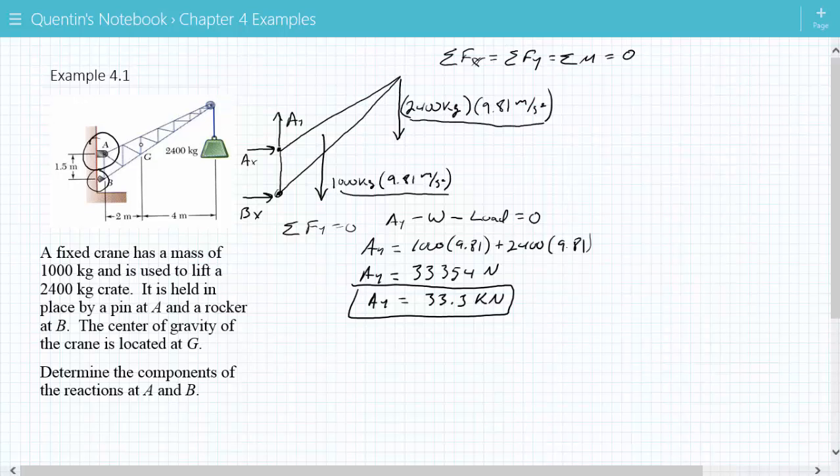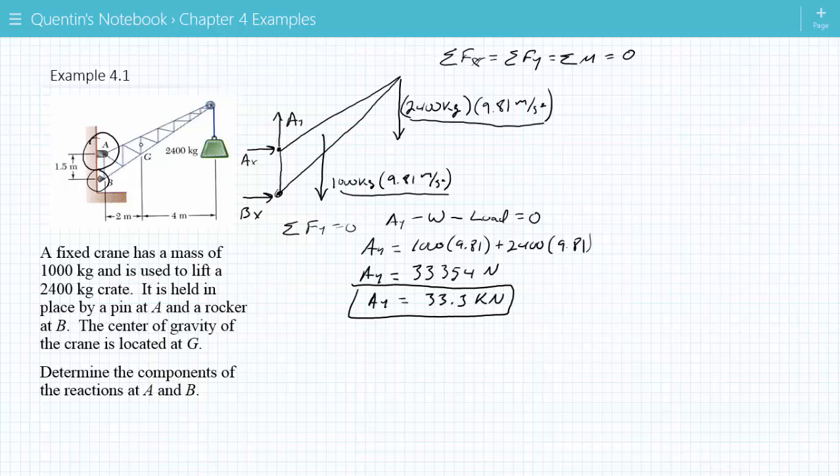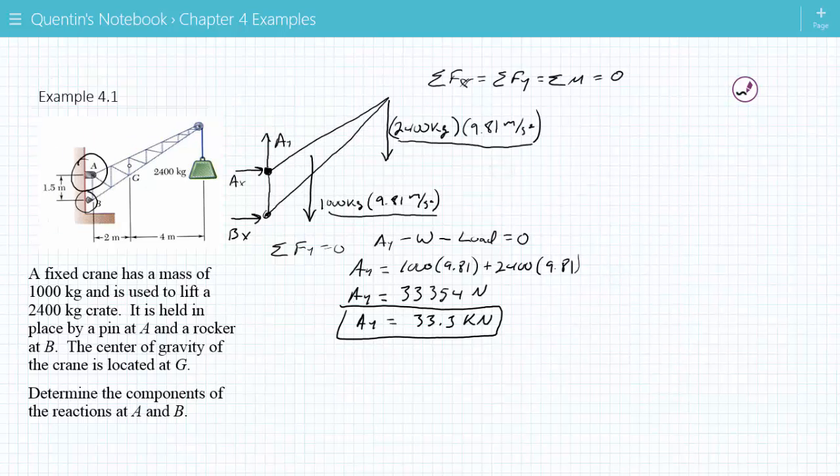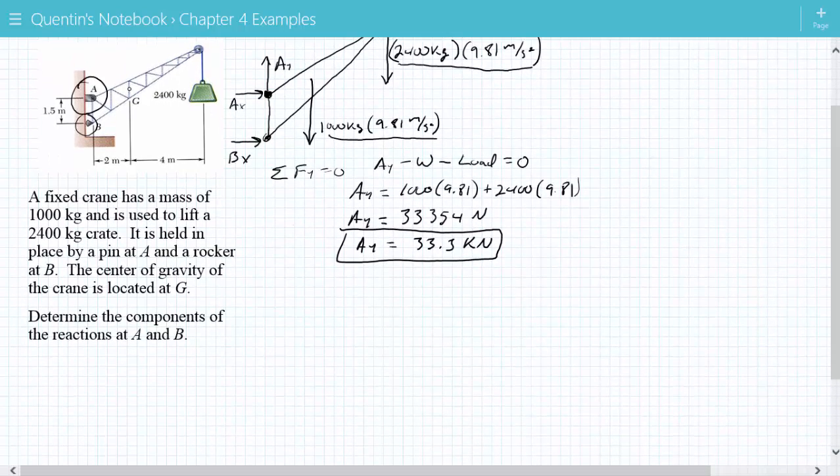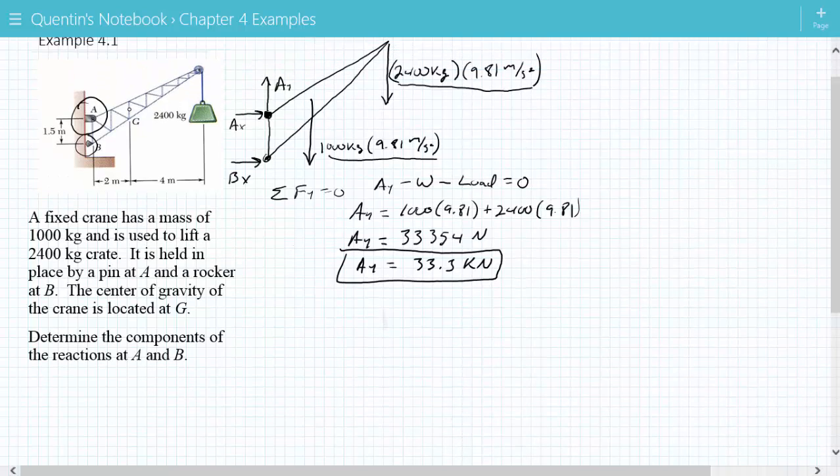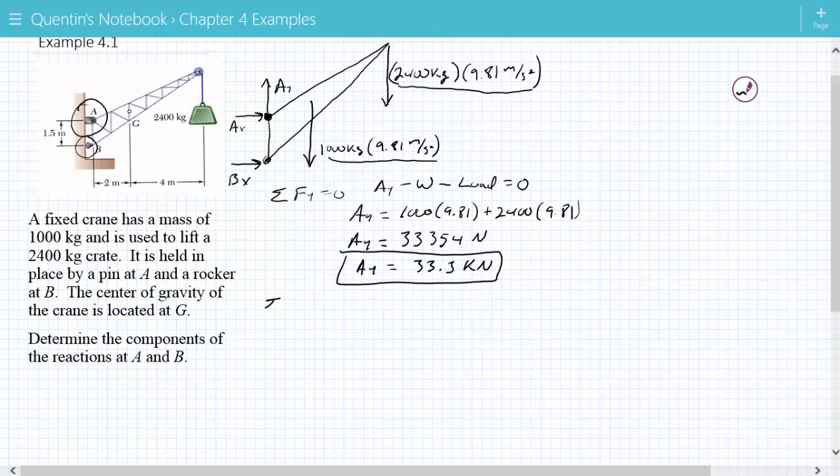We're going to do our sum of forces in X, and we have our moments. Well, if we do the sum of the forces in X, we have AX and BX, so we're going to have two unknowns. Sometimes you just have to do that, but in this case, let's pick a moment instead. If we take the moment about point A, the forces at A are going to go through there, and so you're going to have no moment. So we have our sum of the moments at A is equal to 0. So what do you have? You have